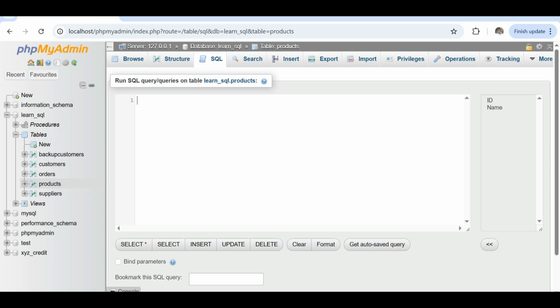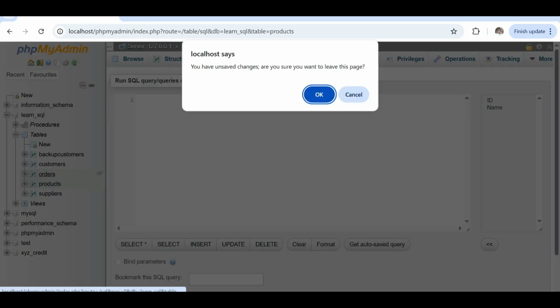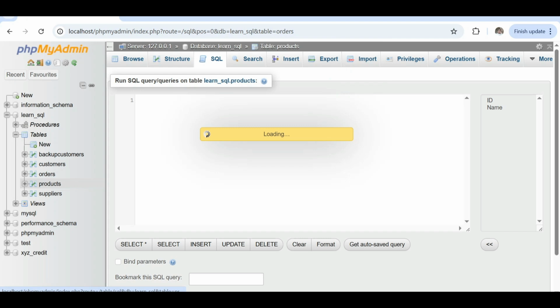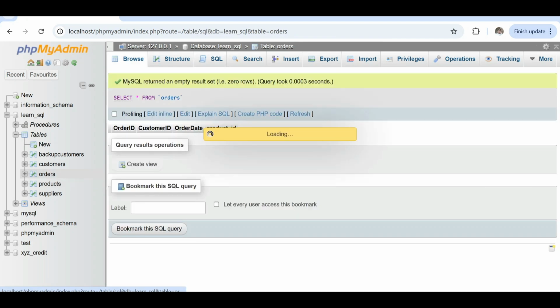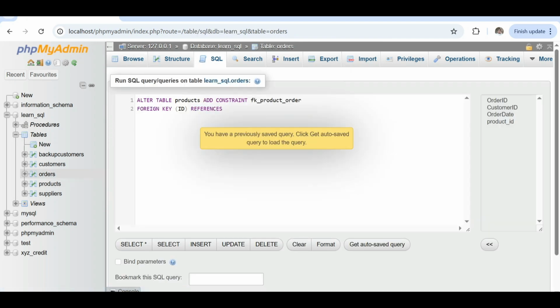Oh, sorry, not in the products table but in the orders table, because the main table is orders and the related table is products. References products ID.